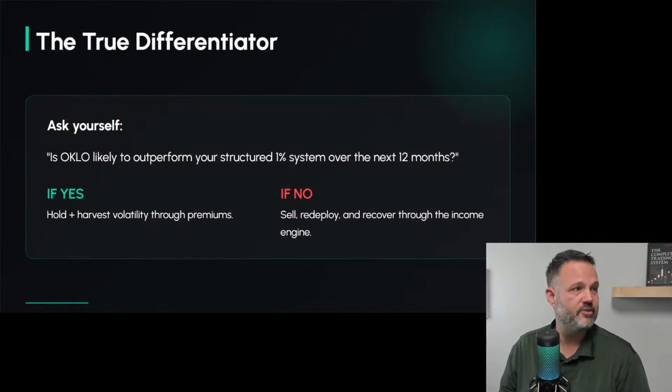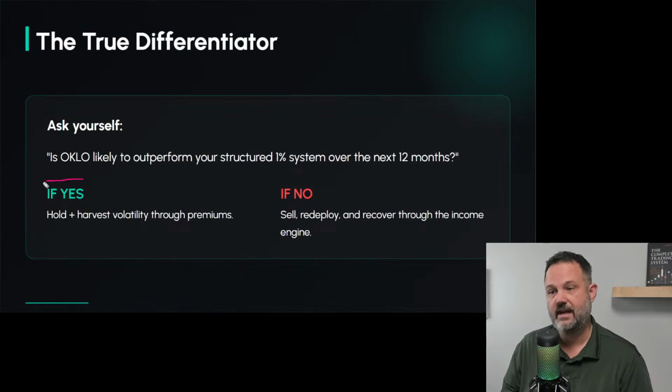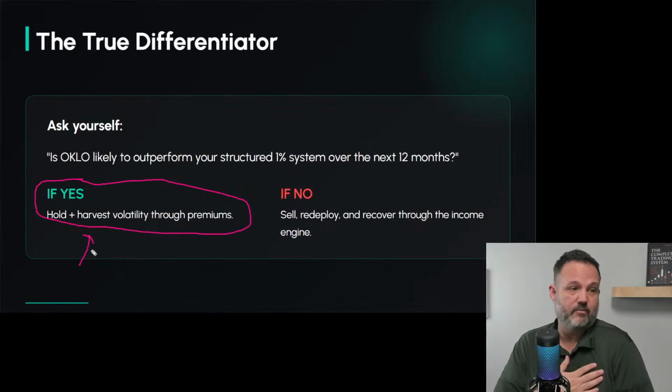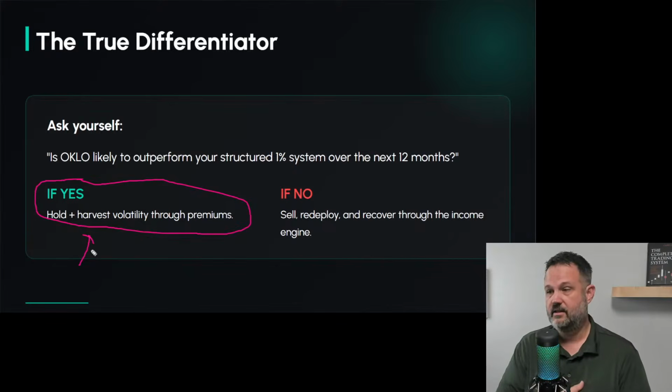Anybody have any answers on this? My answer is this. I feel like right now these premiums are sweet. You know, I'm answering this for myself. This is how I'm coming up with my answer. But I want to know, what do you guys think? Is anybody saying no? Let's just roll with it.